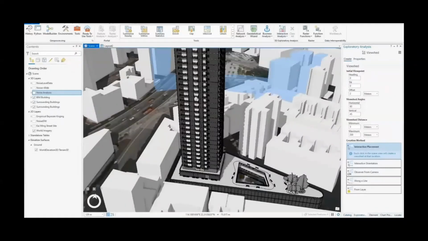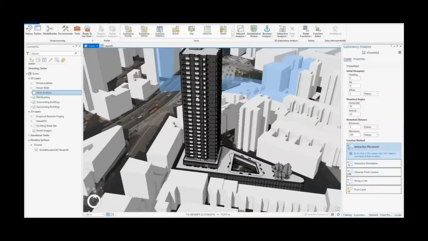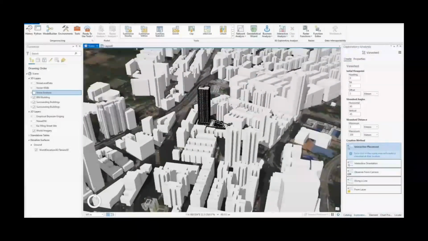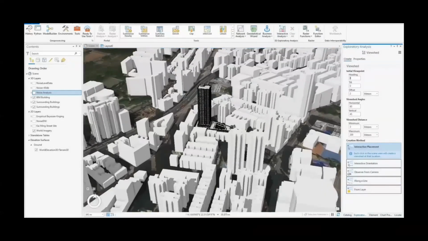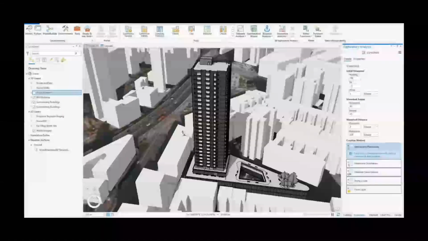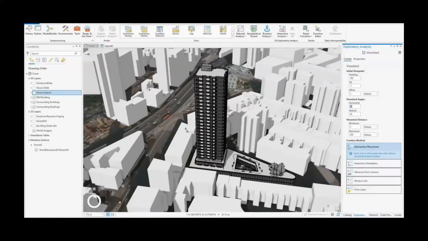One of the most critical parts of the feature analysis is, of course, the settings and parameters that need to be set. First of all, the top parameter we set is the heading. For this tutorial, we are choosing a south-facing flat, so we choose a heading of 180 because, as you may know, the polar coordinate of south is 180. And for tilt, we simulate a head movement looking down from the balcony, so we choose -1 as our data input. And for the horizontal angle, we put in 360.